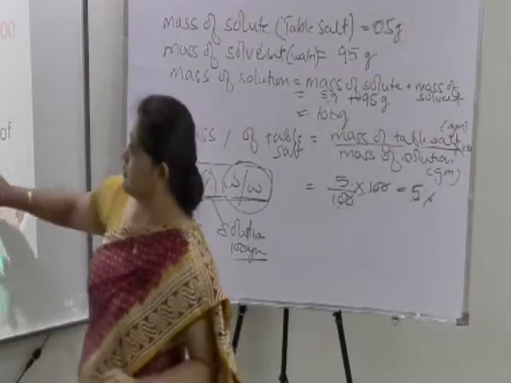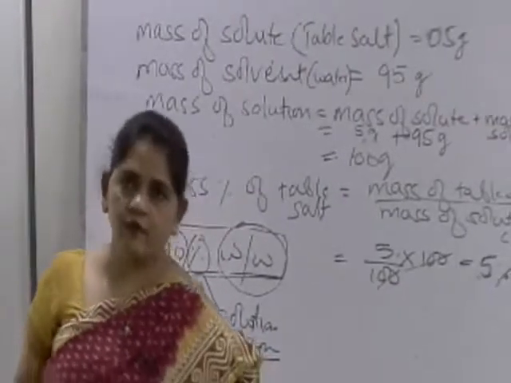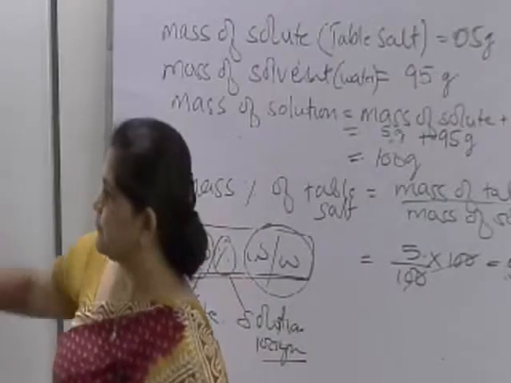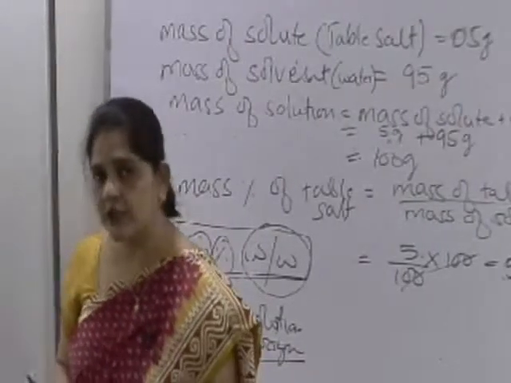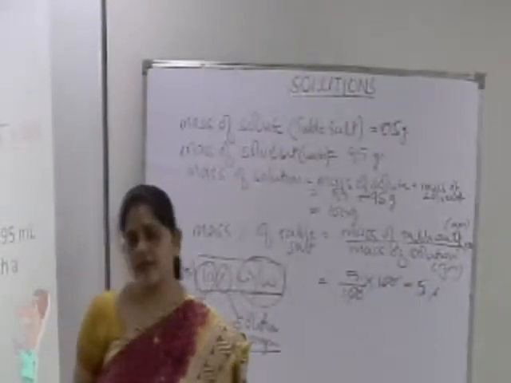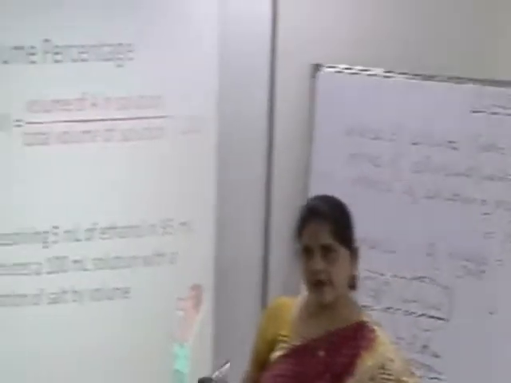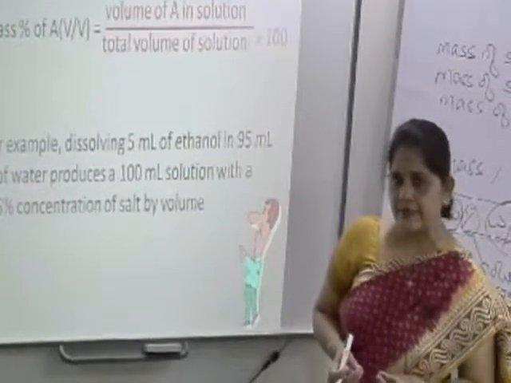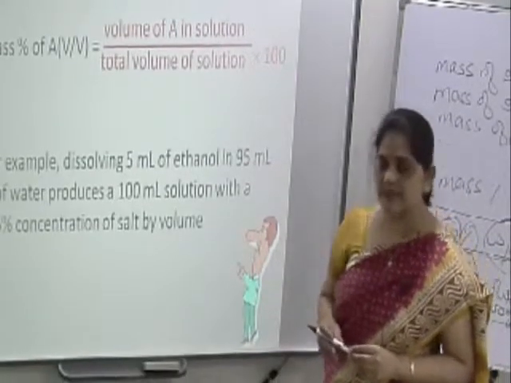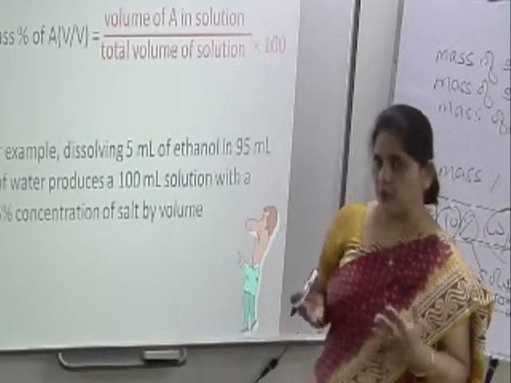Okay. This was the first way of percentage. So it's the first method of giving the concentration in the percentage way. The second method is volume percentage, more or less the same as mass percentage. That is, here also we measure on a scale of 100, for every 100 of a solution. But the only difference between the mass and the volume percentage is that in the volume percentage you give it in terms of the unit of volume.